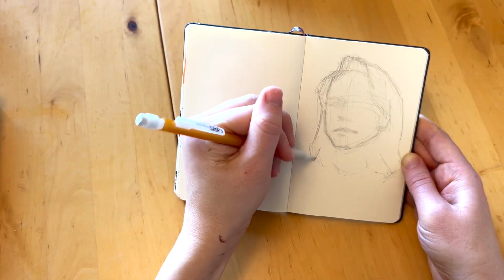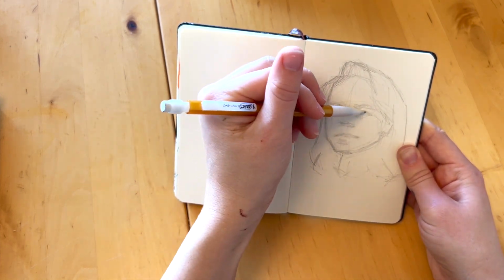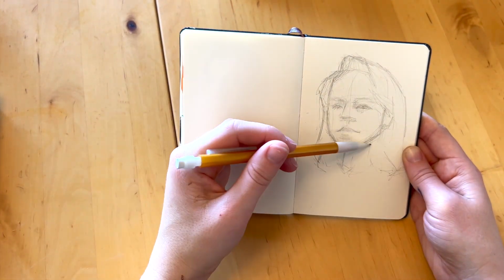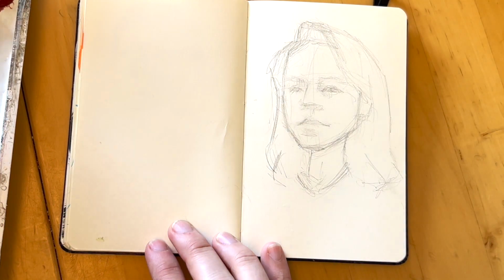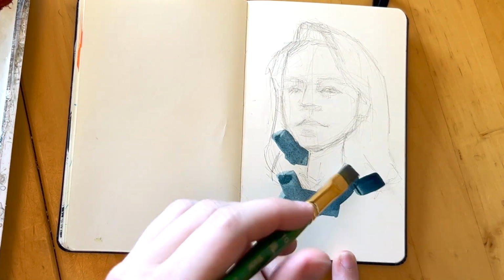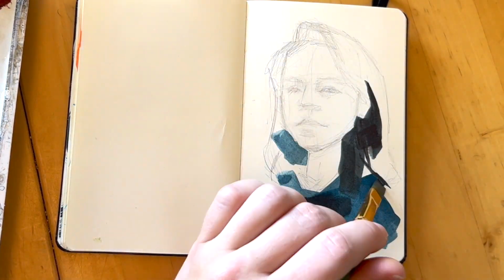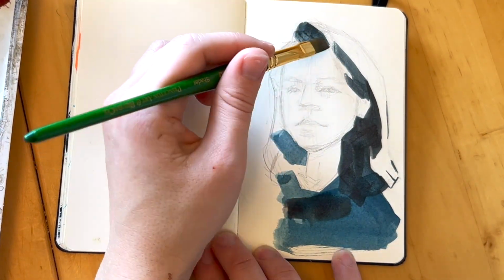But with this self-portrait, I wanted to do something a little different because I noticed that I feel really comfortable painting portraits with really dramatic lighting where we have really strong light and shadow shapes on the face, but I feel a lot less confident in painting portraits under flat lighting situations or when there are multiple light sources. So I wanted to challenge myself with this portrait and try painting a self-portrait that has two strong and different